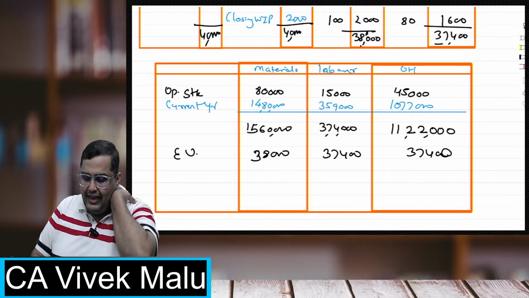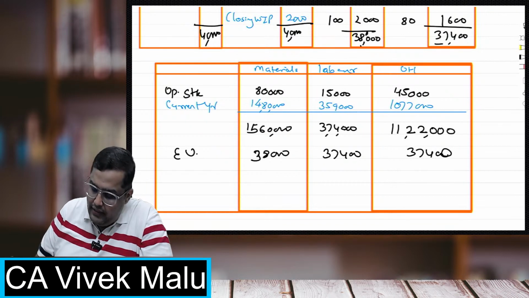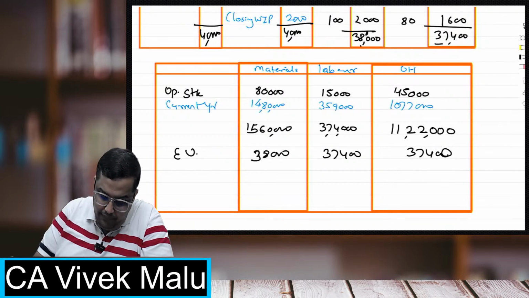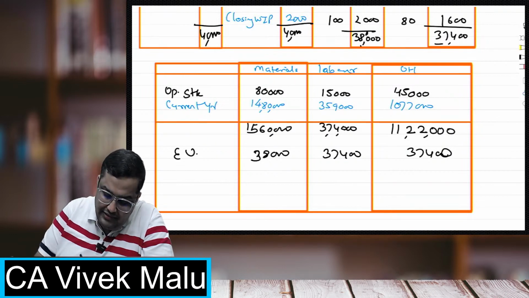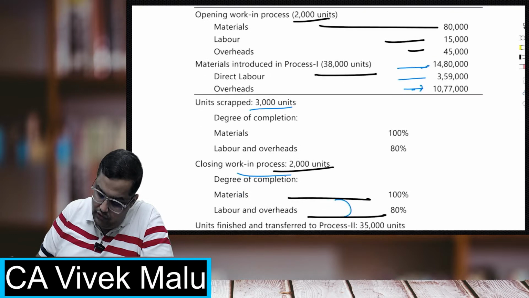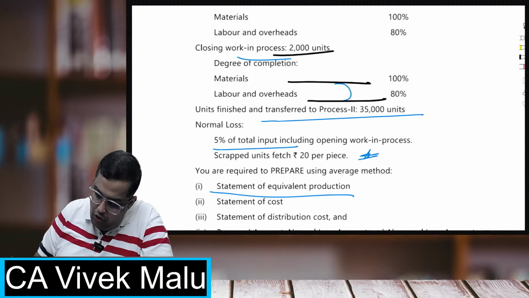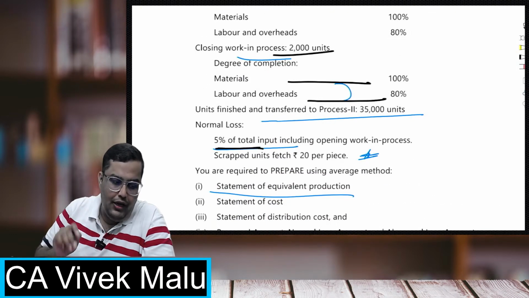But there is one error which actually is there, and that error I will rectify right away. The error is I must reduce one scrap value of normal loss. See, whenever there is a normal loss and there is a scrap value, actually,